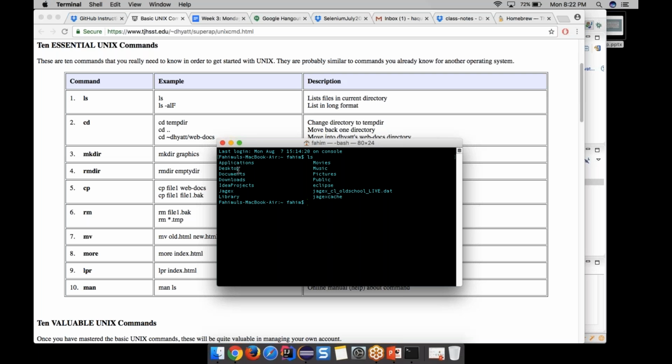But these are my current directories right here. So I can see I have desktop, documents, clips, pictures, movies, music, all this stuff, right? If I want to go inside one of these directories, I would have to use the command cd. Cd, what does it mean? It means change directory. So after cd, I would have to put the directory name where I want to move to, right? So let's say I want to move to